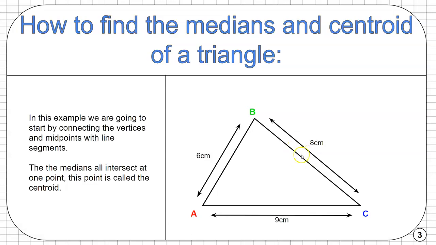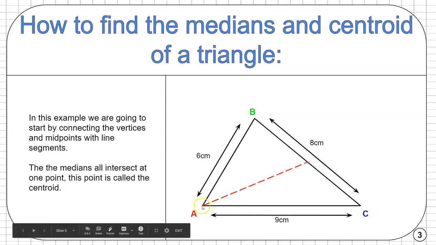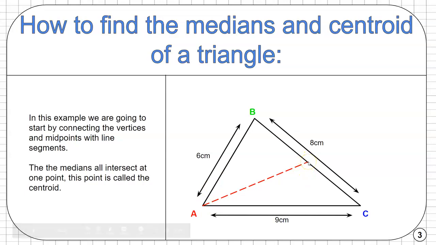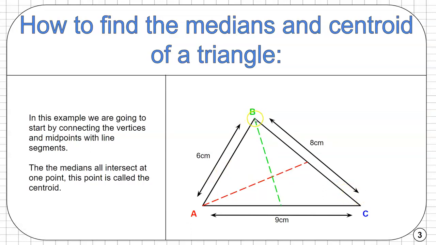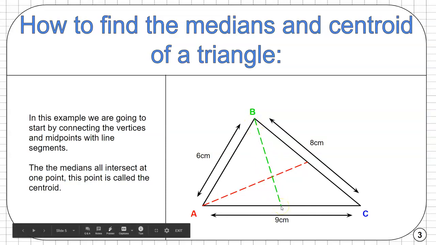So the midpoint will be located 4 centimeters from B and 4 centimeters from C. Here you can see the median connecting the vertex to the midpoint right here, which is again equal in distance from B and C. So for vertex B, the midpoint will be connected to the vertex B,